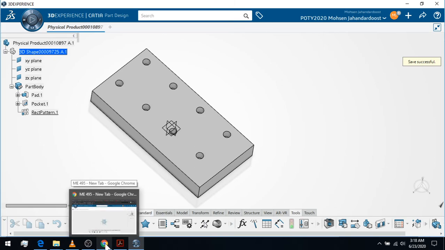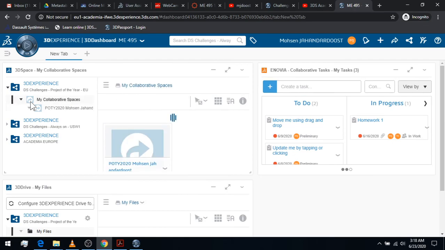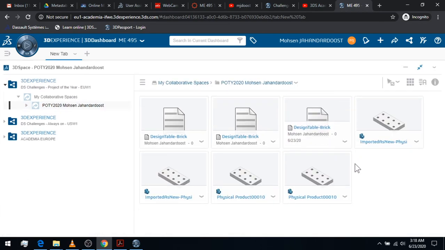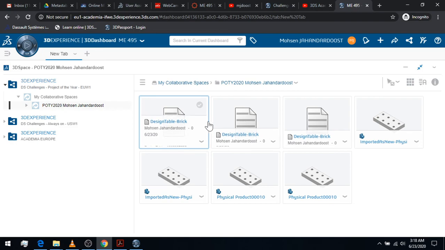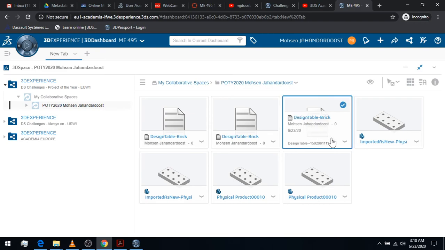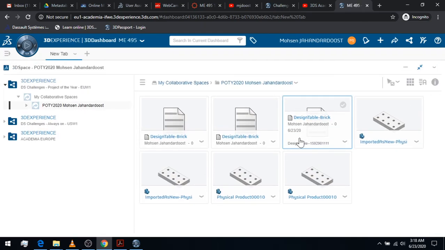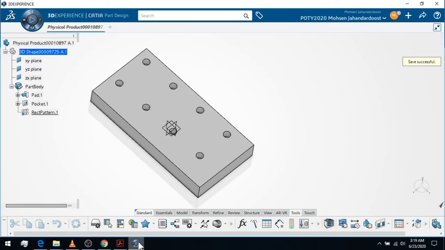So if I go back to my space here, so here on MySpace, these are all of the Excel files that I created. And so let me see, so this is the last one. So if you open this file in Excel, then you can edit, you can add the different rows, and then you can recall them in your parts. So here is only for the preview, and let me see, can I export it to